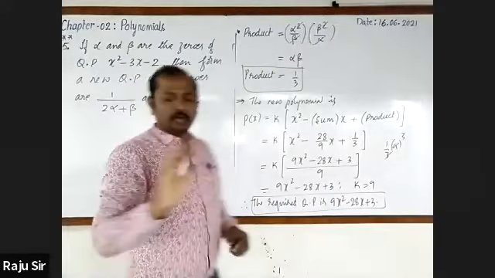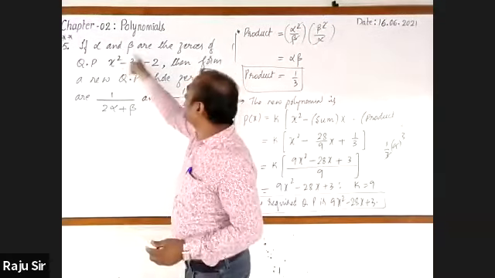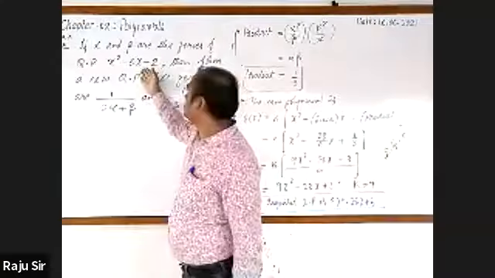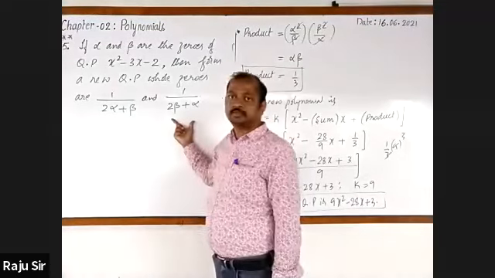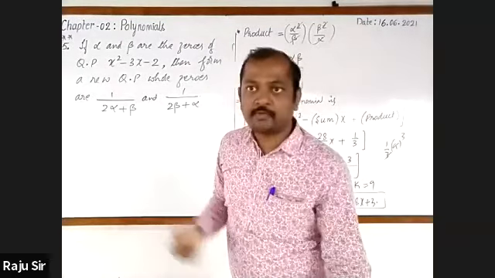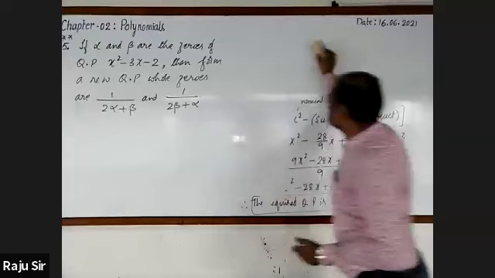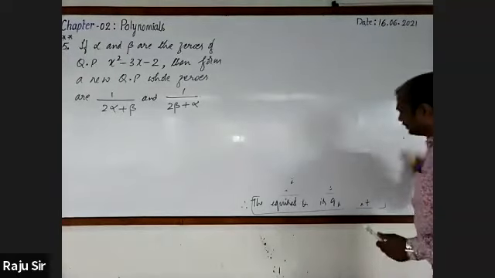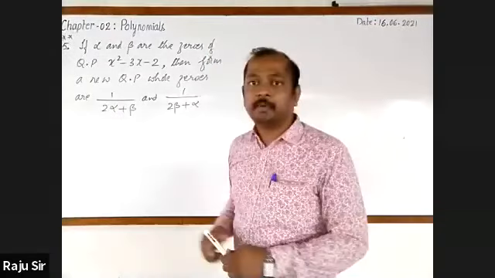Same statement. I have not at all changed anything as it is. If alpha and beta are the zeros of the given quadratic polynomial, then we have to form a new quadratic polynomial for new zeros. Let's go for finding them. It's just the steps we have followed in previous problems. Here also we'll take the same. Write the given polynomial.